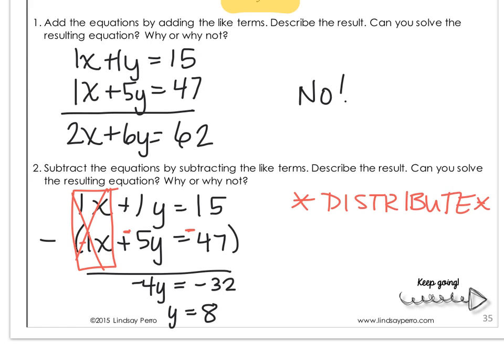Can I solve the equation? Yes, I solved for 8. Now if I wanted to find out what x was, I could just plug it in. So going on to the next page,